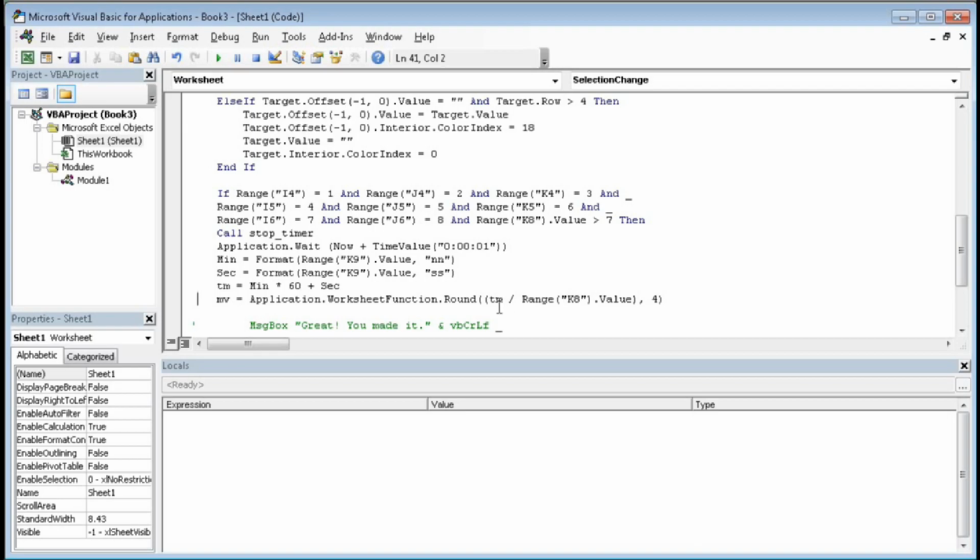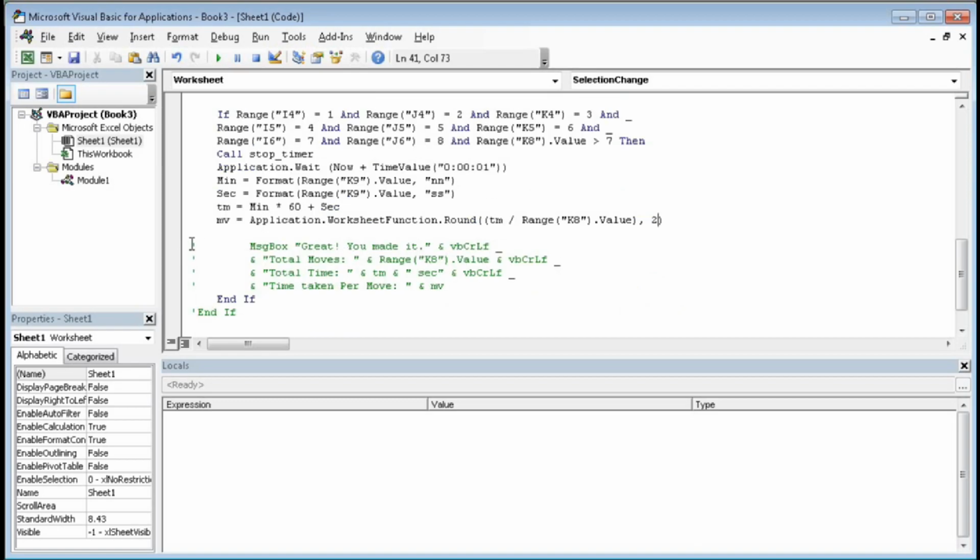So the number of seconds is divided by the number of moves, comma 2, and then we'll get the message, great, you made it. And this is for breaking the line within the message. So just remove all this one too.